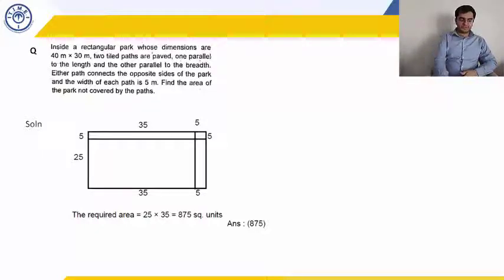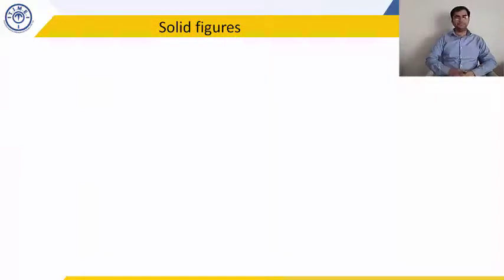So let's proceed to the next item. Okay, we are done with 2D figures. So now we proceed with the main topic for this class, that is solid figures or 3D figures. Now, the most basic 3D figure that one comes across is a cuboid. Please look around you. Do you see any cuboid? You are in a room, and that room is a cuboid.